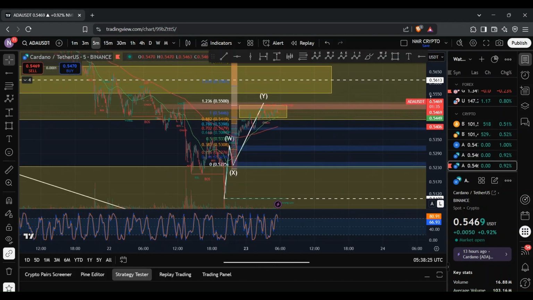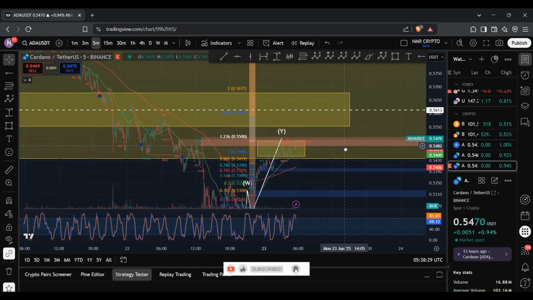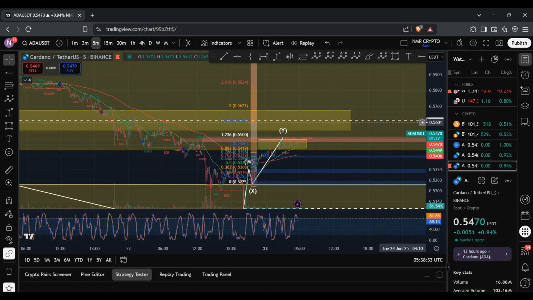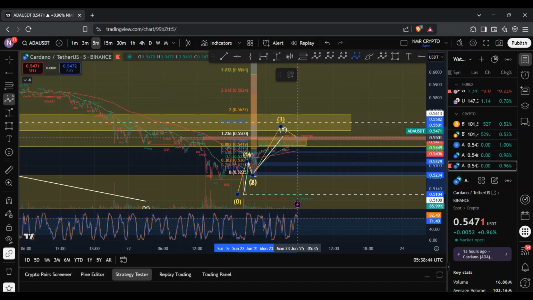Now, in order for us to be bullish, then we need ADA to retrace towards the 1.618 retracement level, which sits at 55.87 cents. And should that be the case, then that will then trigger a 5-wave move as opposed to a double XY structure, where essentially this would be the wave 1, this would be the wave 2, the wave 3 would reach the 1.618 retracement level, and then we see a small retracement to the downside, followed by a final push to the upside to complete that 5th wave.